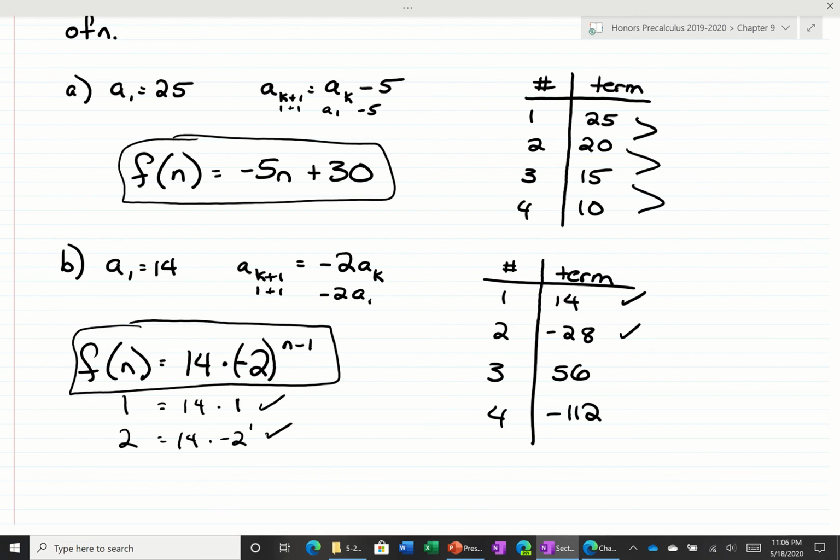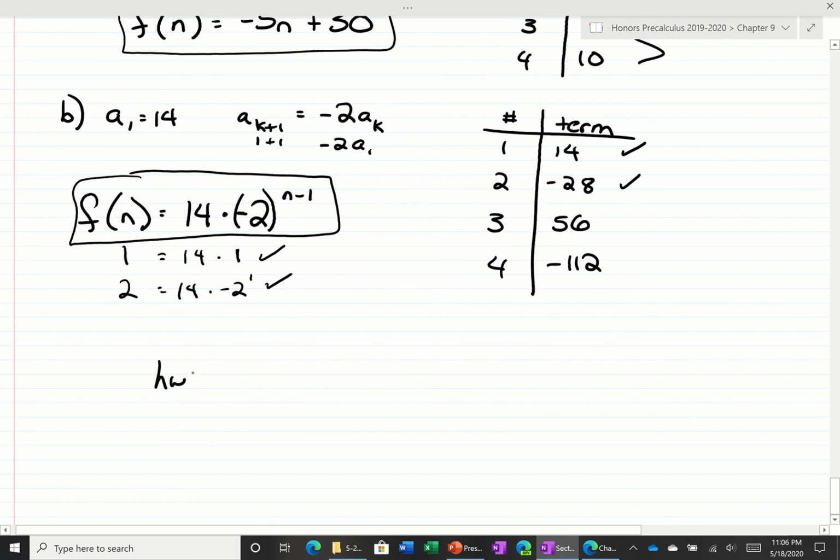Try to do it. It's fun once you could figure it out, but for homework, what I would like you to do is on page 626. I would like you to please do numbers 51 to 61 odd,